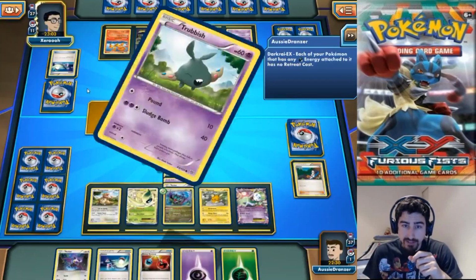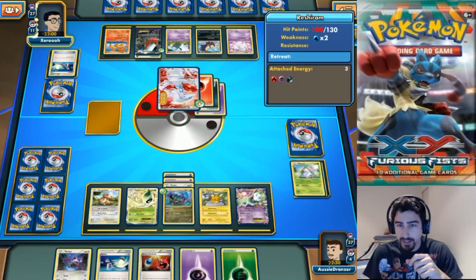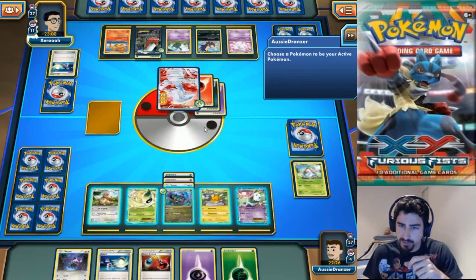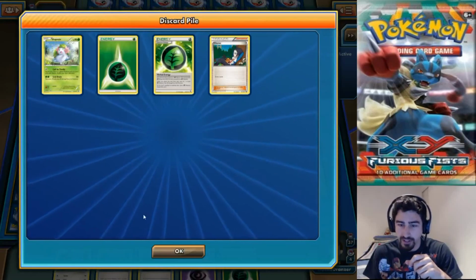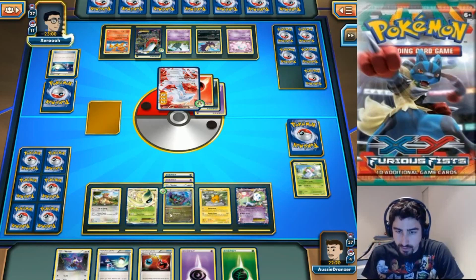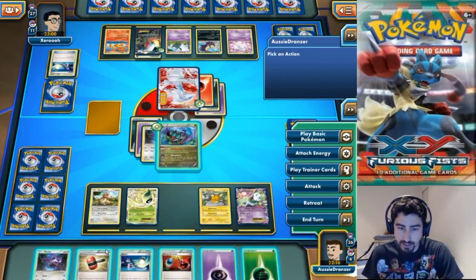And he's got a Darkrai on the bench. Wow, I calculated that very wrong. It's 20 plus 10 more damage for each counter on this Pokemon. Oh, it's super effective. My bad. Okay, so I think I'll just go in with the Noivern here. And I'll put an energy on it, and I'm going to...